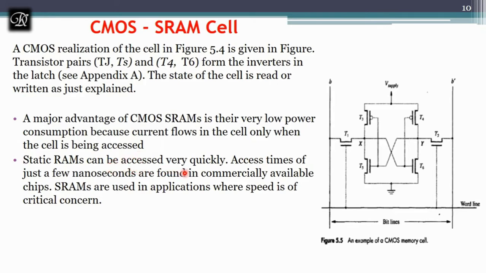After that, the static RAM can be accessed very quickly. The accessing speed of the CMOS SRAM cell is faster compared to the normal SRAM cell which is built with the help of latches or flip-flops. Access time can be in terms of nanoseconds, but these are a little bit costlier to build, so they are found only in caches. The SRAM cells are found only in the caches, and DRAMs will be found in the normal RAM.